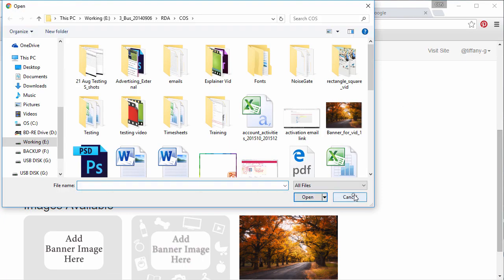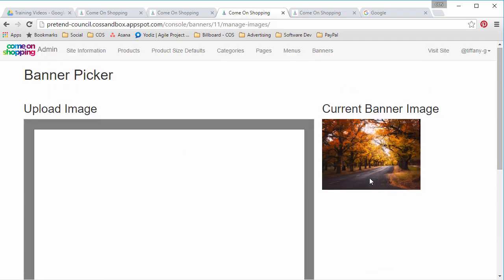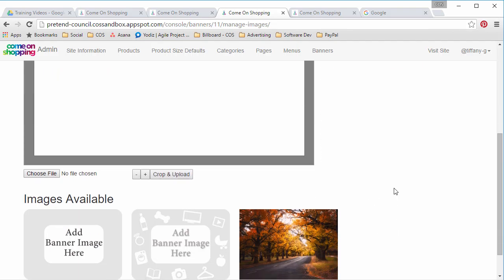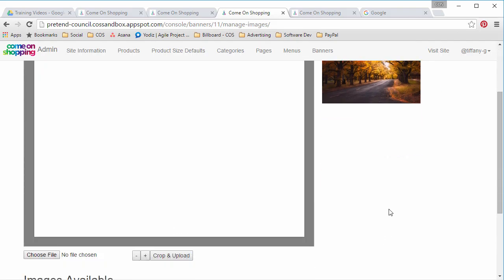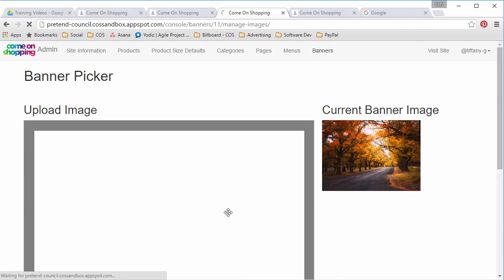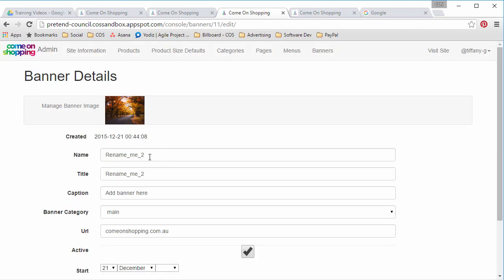Looks like I can select the same image as before. You will probably have different images and that kind of thing, and that's just moved here now because I clicked on set as banner image here, and it's moved up to the top here, so I've changed that. It's really easy. Go on banners again, click on the second one, and now